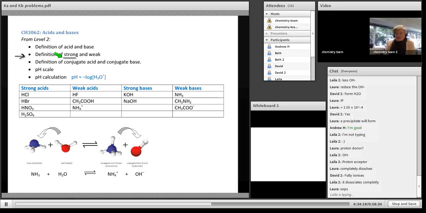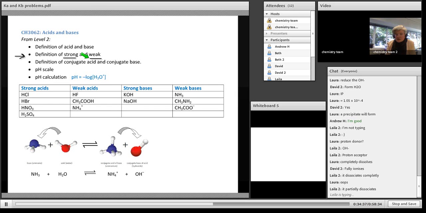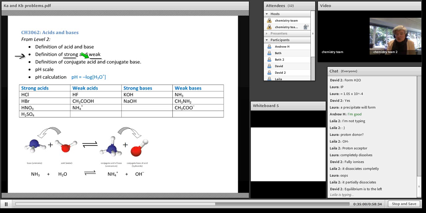So a strong base would be something like sodium hydroxide. It will fully dissociate to form sodium ions and hydroxide ions. What is the definition of weak? It only partially dissociates. So if I had something, for instance, like ammonia, ammonia is a weak base, so it means in my solution, although it's fully dissolved, I've got ammonia molecules, and I've got NH4+ ions, and I've got hydroxide ions. Or if I had a weak acid like vinegar, I would have,